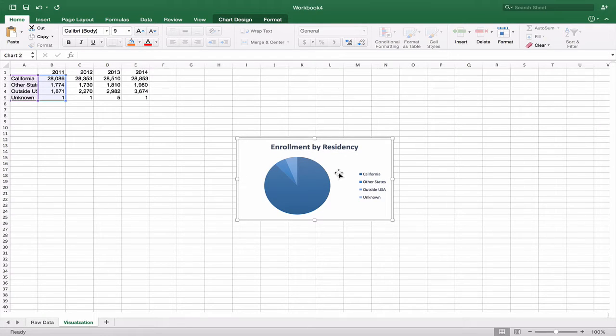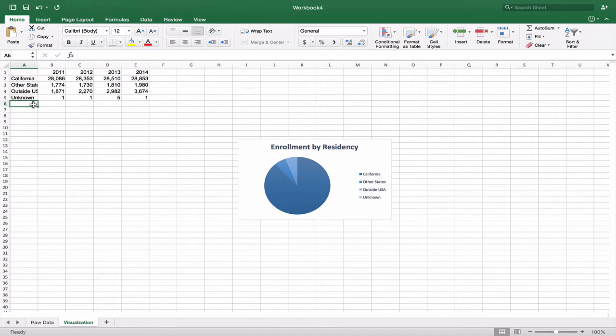The questions we're going to ask have to do with enrollment over time. So we're going to introduce that second variable, the year enrolled. We're going to look at total enrollment, we're going to look at proportion enrollment, and then we're going to calculate the percent change. Let's start by just looking at the overall enrollment.